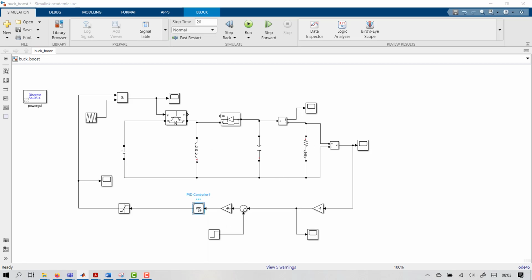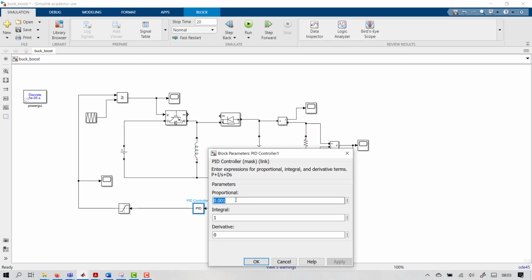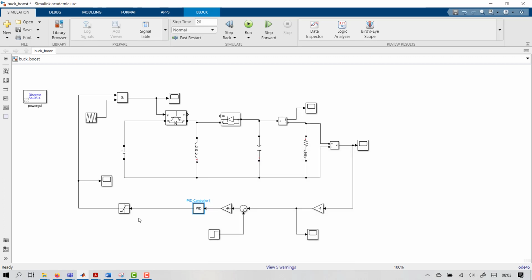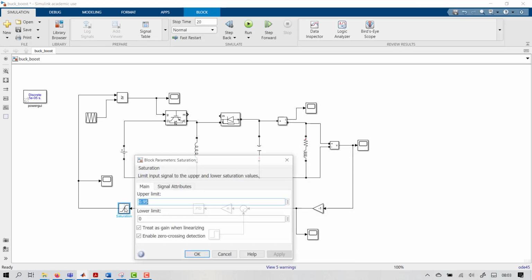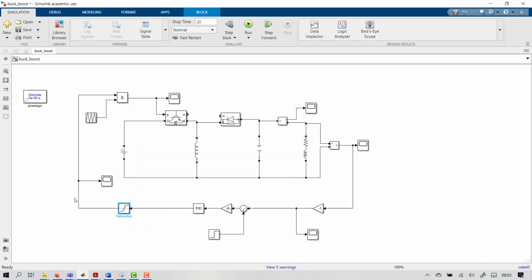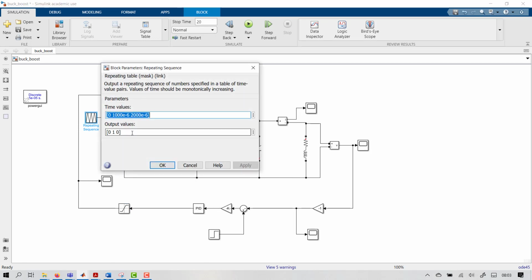It is going through a PID controller. For instance, I have given 0.001 and 1 as the controller gains, and in order to remove the limits I am giving an upper limit of 0.95 duty because it should not go to 1. So it is comparing with a triangular carrier. The triangular wave you can see at 1000 into 10 to the power of minus 6 and 2000 into 10 to the power of minus 6.